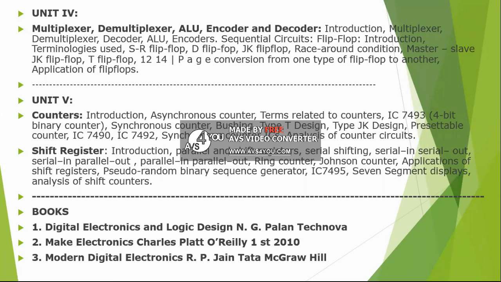In unit 5 we have counters. What are counters basically? A counter is something that is with respect to timing. The initial value of a counter will be 0. When you keep adding a number or any value to that counter, it will increase. You'll be using this counter concept in your programming also. Then we have shift registers, right shift, left shift. Then we have parallel and shift registers. So basically in digital electronics, you'll be learning more about the concepts of digital electronics.